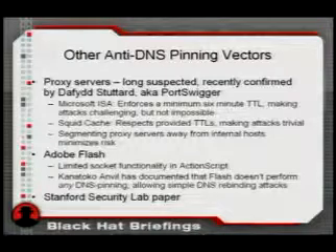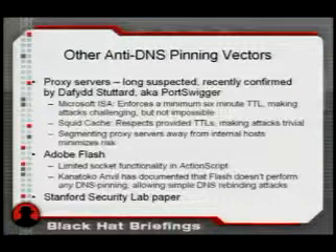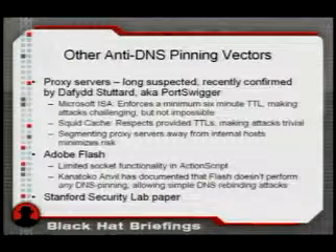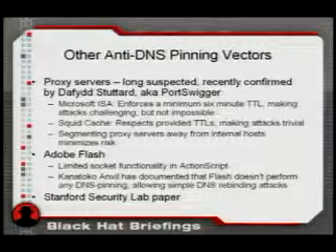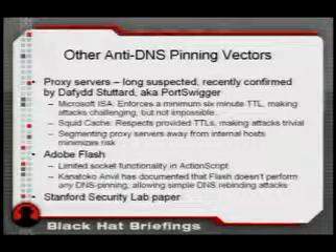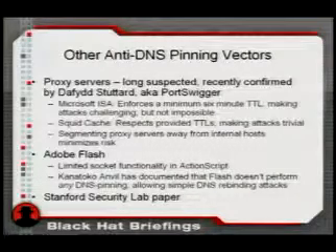A lot of people don't know this, but Flash actually supports sockets too. It's a little squirrely, there's some restrictions on there, but it's still definitely possible to launch a DNS rebinding attack through it because it does not use any pinning as well. It respects the TTL. Kanatoko had documented this earlier this year and has a proof of concept on his website. Martin Johns may have been involved with that too, I'm not sure.